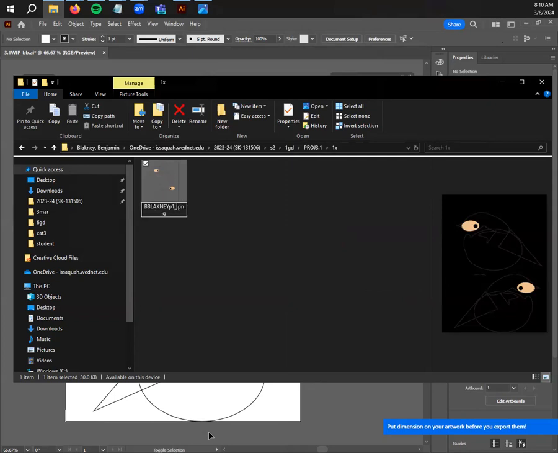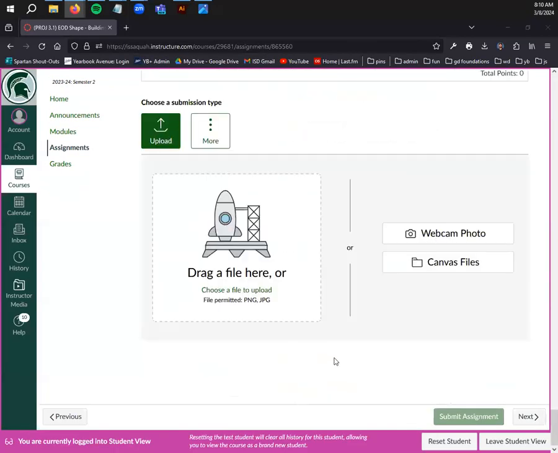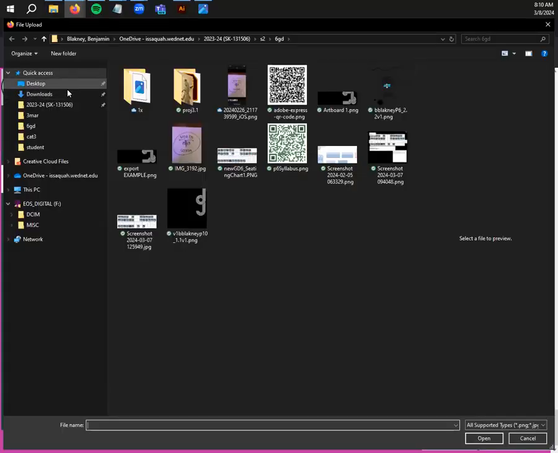I like underscores. And then you want to do the name of the project. In this case, it's 3.1. You can just do the number, you can do the name, you can do both, but you need at least the number or the name. And then since this is the version I'm submitting to Canvas, this is my version final. So instead of a version number, you're going to put VF to tell you that it is the final version of this assignment. And then once you've done all that, hit enter, it'll rename it, and then it's ready to upload to Canvas.